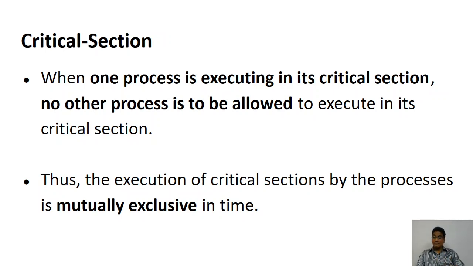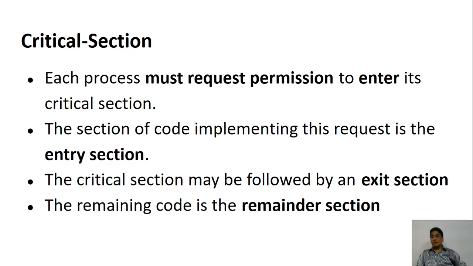Hope you studied something of statistics, wherein they say that if you toss a coin, either you get a head or you get a tail. If you get a head, the tail will not be shown. If you get the tail, the head will not be shown. In the same way, if there are two processors or 10 processors, one of the processors will go for the critical section, all the others will not. So either you are in the critical section or you are not. If you are in the critical section, others are not. If somebody else is in the critical section, you cannot enter. So this is how it really goes.